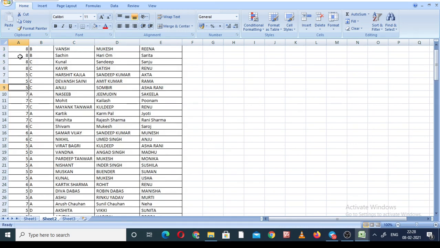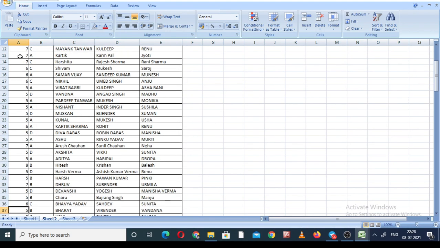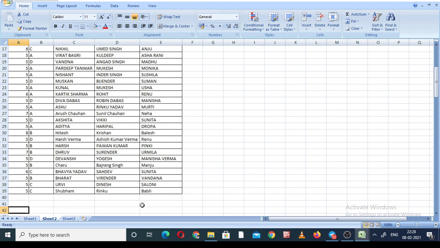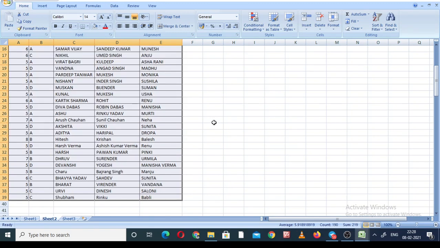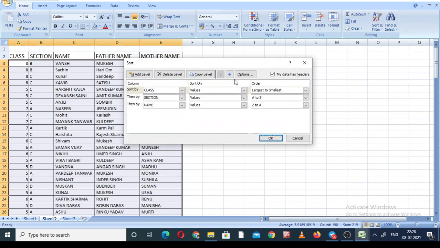Some problems in the selection. Let us do it again. So we select the data, we go on sort and filter, custom sort.